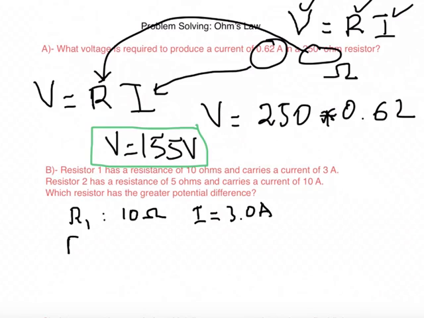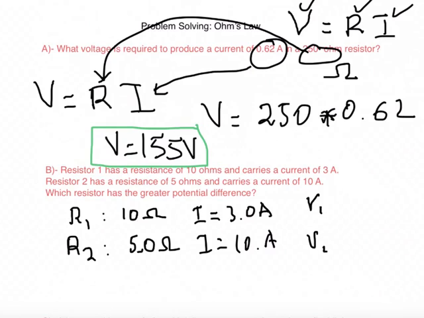And then we have resistor 2, which has 5.0 ohms, and it carries a current of 10 amps. So the question is, which resistor has the greater potential difference, which means we compare V1 to V2. So V1 is 10 times 3, which is 30 volts,